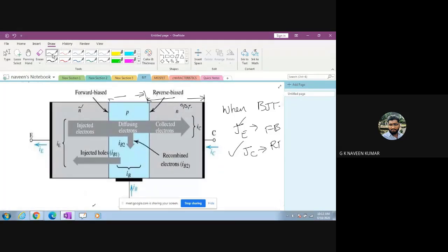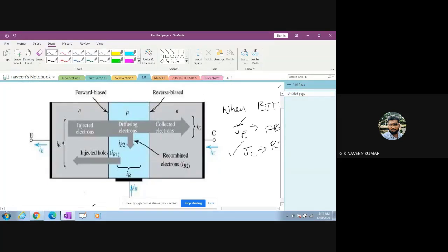Now coming to the current flow, how the current starts flowing in the active region. In the active region, one junction is forward biased and the other is reverse biased. Each acts like a PN junction. You are studying two diodes at a time in a transistor. That is the only difference between a diode and a transistor. Here there will be two junctions, each with diode properties. The two PN junctions make your transistor.